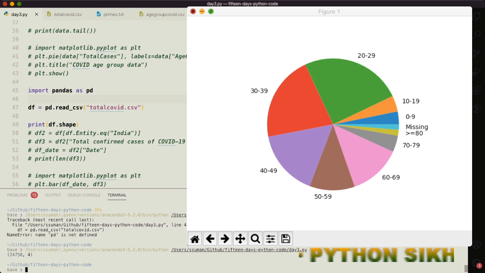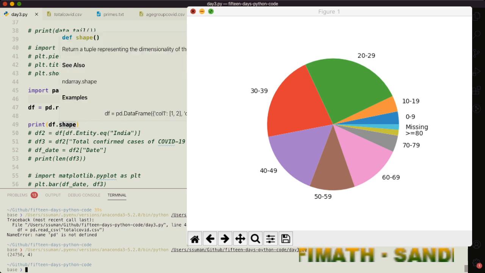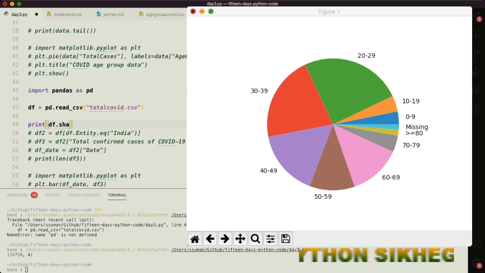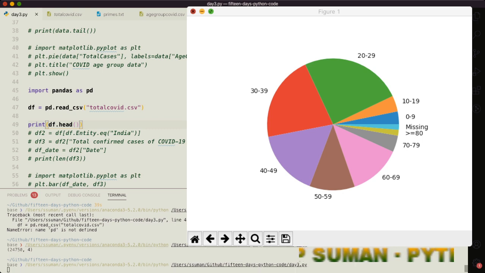So it is not a good idea to print such a huge amount of data, and you will not get everything. Surely the terminal has some restriction, so that you will get printed some 100 lines, 200 lines. There is some restriction, so in the normal case you cannot get the whole data printed on the terminal. So we will get some idea about the data. Next, we have got some idea about the size of the data. Now we will try to get some idea about the head, what is in the data. So we will print the head of the data. So let's print.